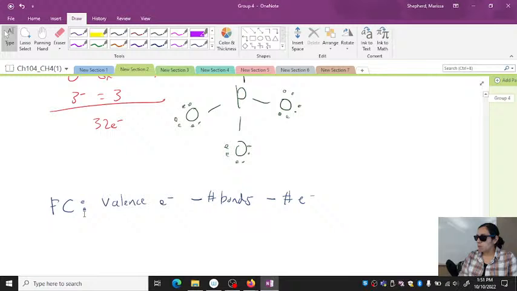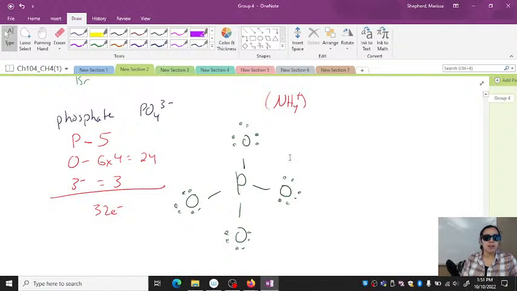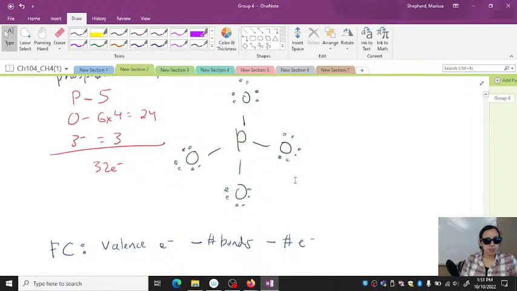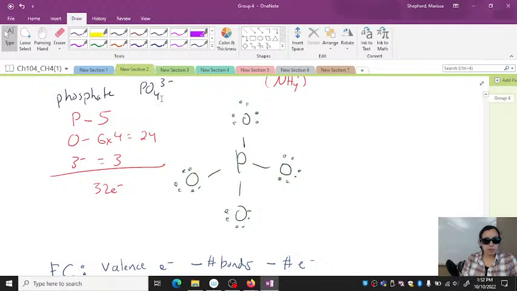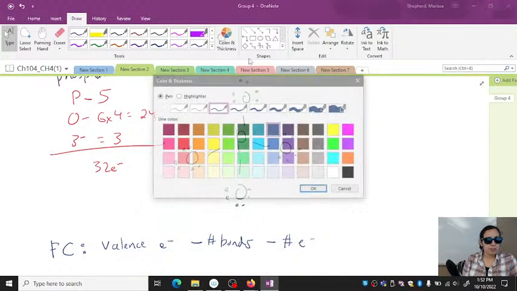And so the other thing about the formal charge is we haven't really worried about it because it hasn't come up. So your formal charge should always equal the charge of the molecule. But previously we were just looking at neutral molecules. So it kind of made sense that we didn't really look at it. And they were all doing kind of normal bonding scenarios, no multi-electron, no hypervalent. So nothing was too crazy. But now that we're looking into kind of different bonding scenarios, we have to do this evaluation. And so we expect there to be a charge somewhere because there's a 3- charge. So it has to be located somewhere on this molecule. So let's figure out where.